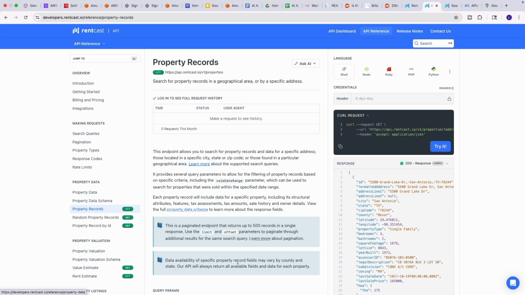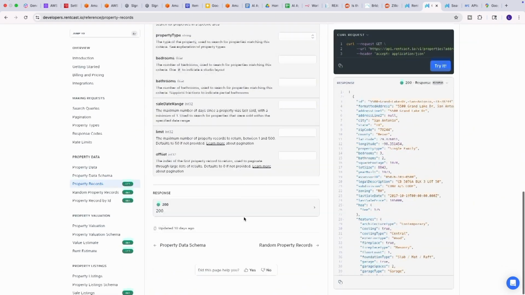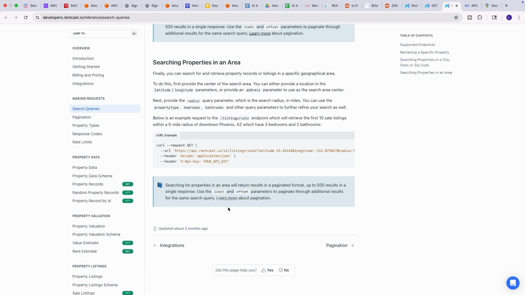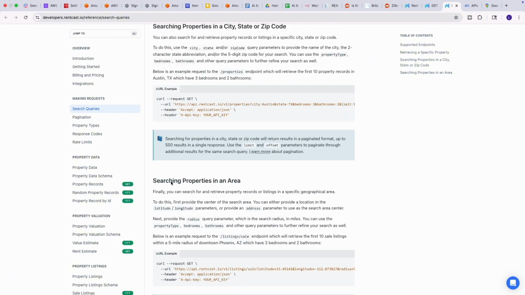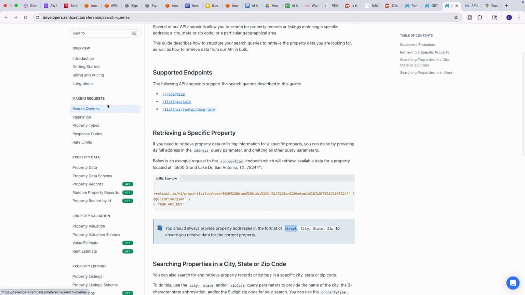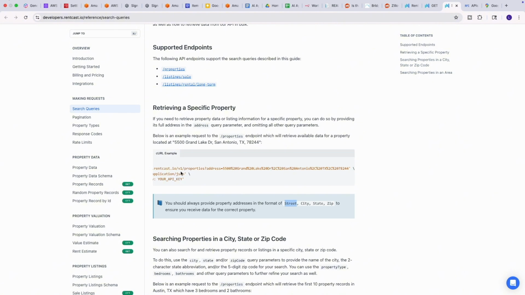Okay, so you need to create your own API key here, and then once you create your own API key, I'm just using the property data API. So property records, and then you basically just have to select a call command. If you scroll down, I'm using the search queries API. If you come into the link in here, you'll have the call code, and all you have to do is copy the call code and then paste it into your